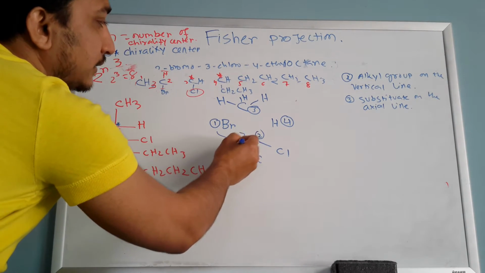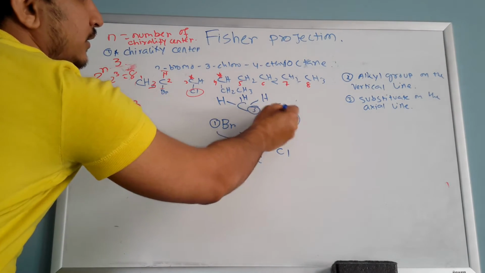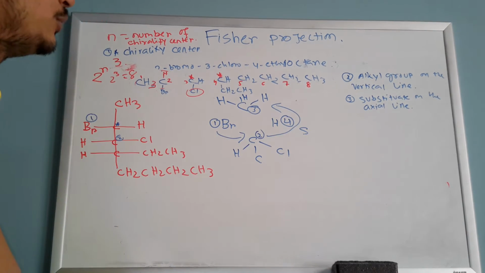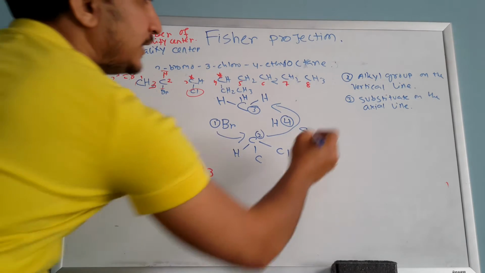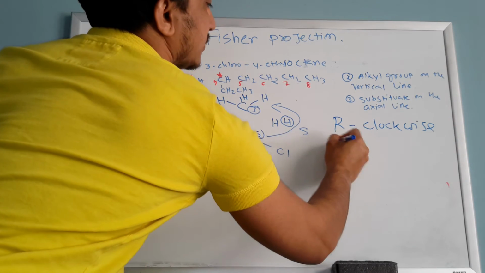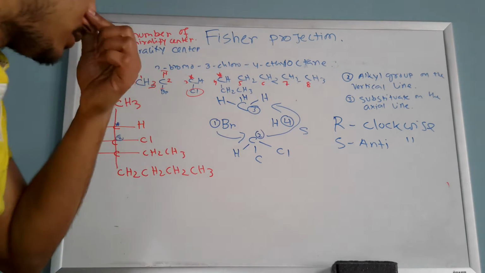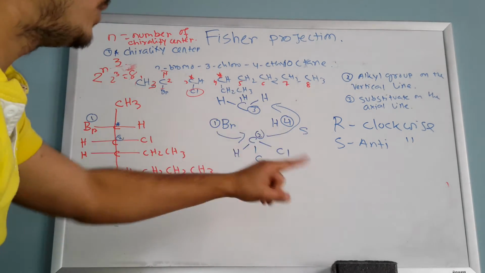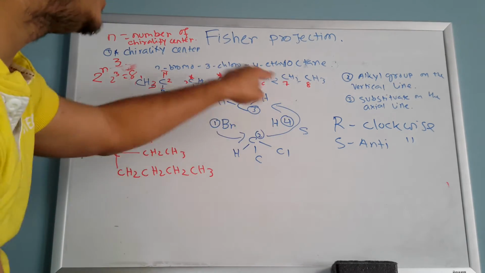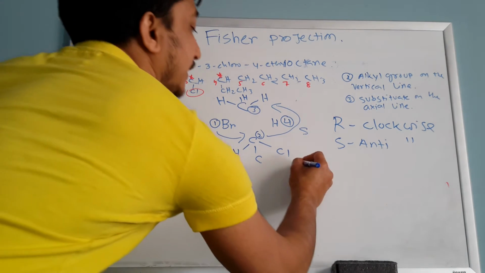It's going like that, but we don't care about number 4. That means it is S configuration, anti-clockwise. I'm going to write one more thing: R means clockwise, S means anti-clockwise. Anti-clockwise means S. But one thing you have to remember, the lowest atomic number